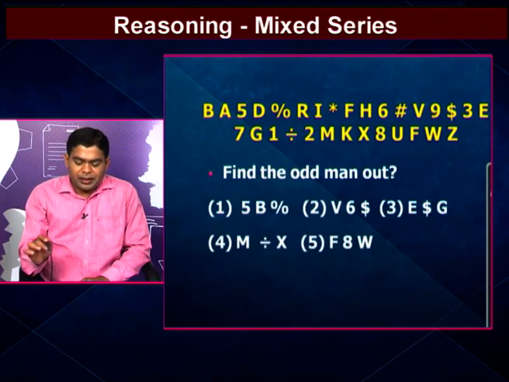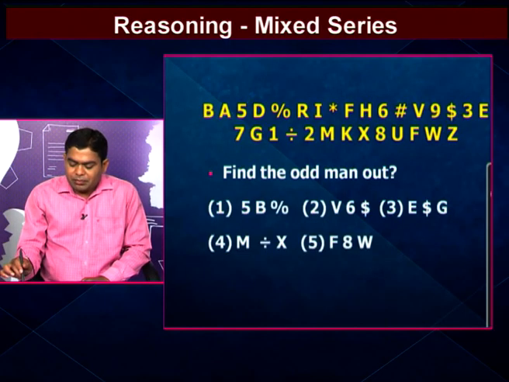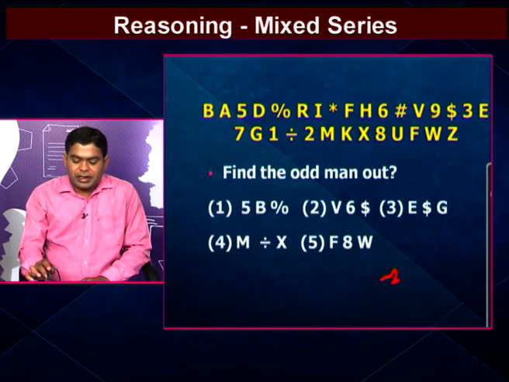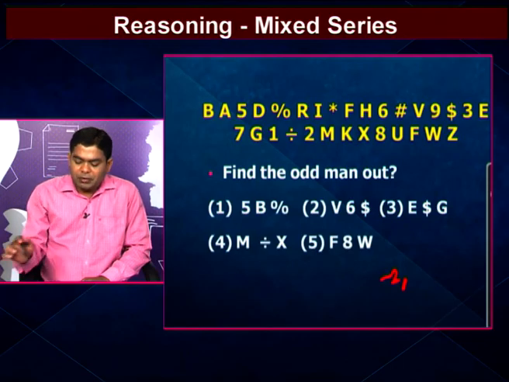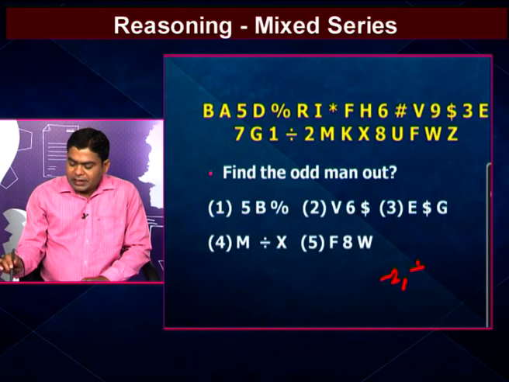By observation of 5 and b, the relation of 5 and b is that the first element is 5, then the second element is b, that means -2. Preceded means minus, followed means plus. We take the plus. So here b is there, the preceded element is 5, that means -2, and percentage is there. So again by observation 5 is there, percentage is there. That means the relation between 5 and percentage is +2. That means one element is selected. The preceded second element is the next one. The followed second element is the third element.